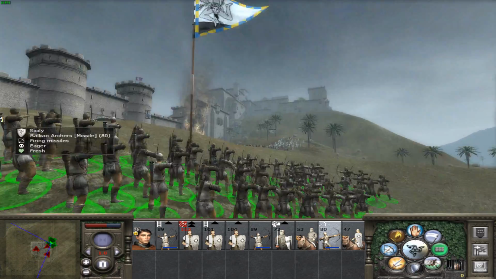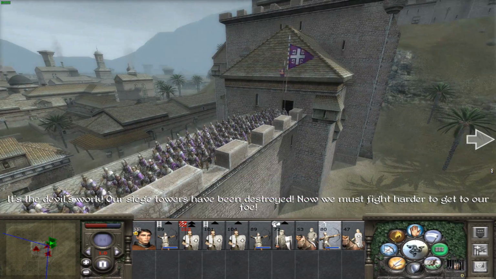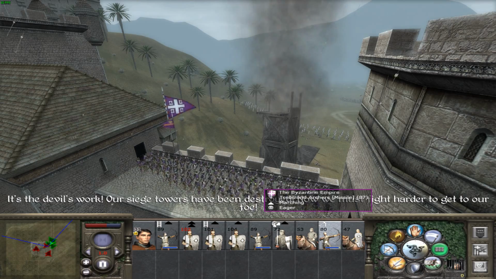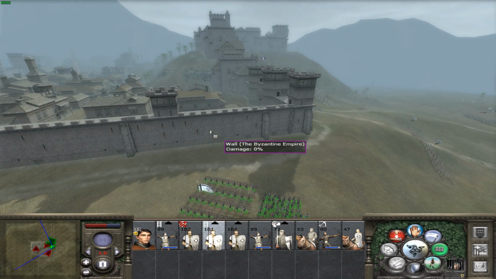These Balkan archers are actually taking shots at the archers up on the walls. I don't know if this is going to be effective at all, though. The devil's work. Our siege towers have been destroyed. Now we must fight harder to get to our foe. I mean, we do have the second siege tower, and we also have 2 more ladders, so I mean...